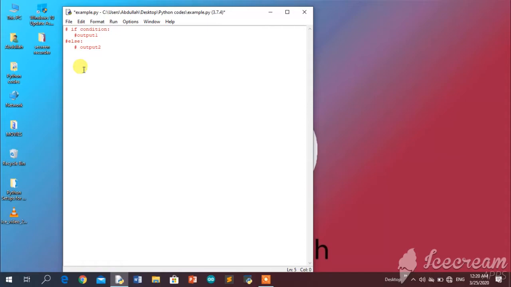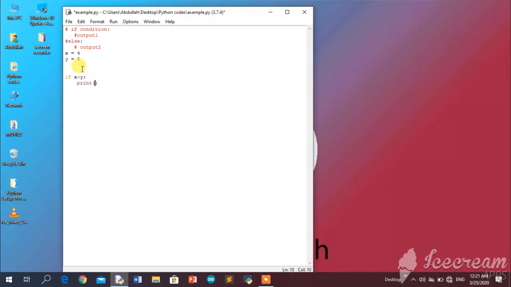So let's make a program which will enable the computer to decide between two numbers, which is greater and which is smaller. So first of all, for that we have to take two variables, just initialize them. This is how we initialize variables inside Python. It is really easy. This equal to is basically the assignment operator and is used to assign some values to a variable. So in order to make the computer decide between them, we have to do this: if x is greater than y,